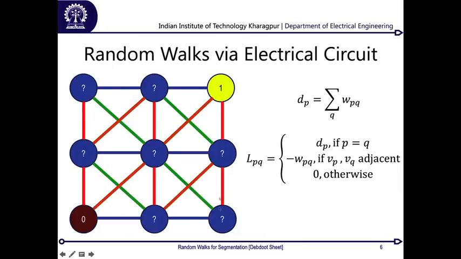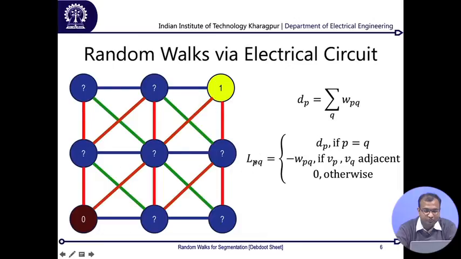Now, if there are 9 such nodes over there, then for L_PQ, P will be varying between 1 to 9, and Q will also be varying between 1 to 9. So, you will basically have 9 cross 9, or 81 elements, in that particular matrix. Now, each element of this matrix, which is defined by this ordinal value L_PQ, is given something like this: